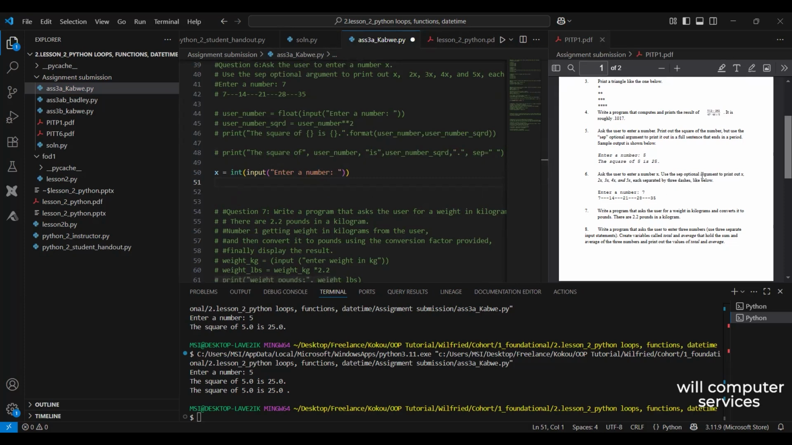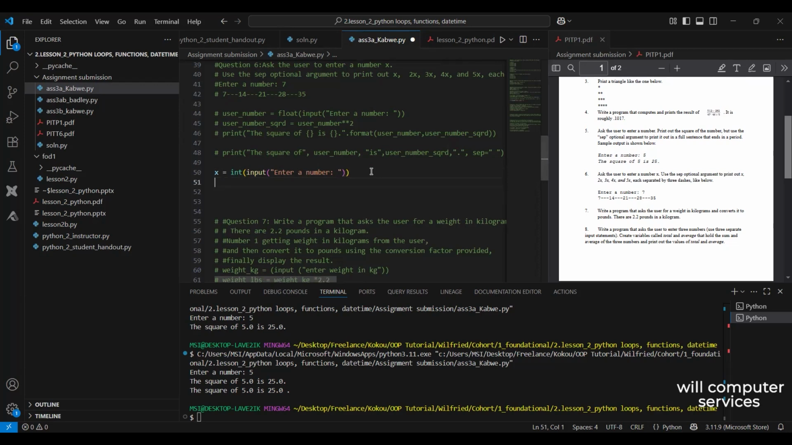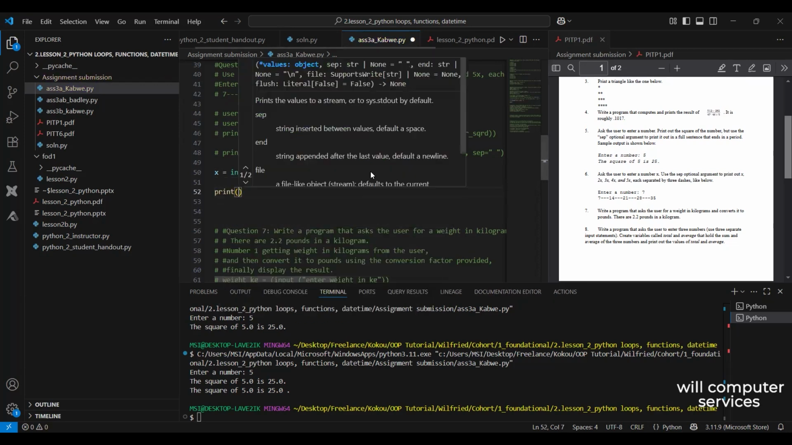Now it says use the sep optional arguments to print out X, 2 times X, 3 times X, 4X, and 5X. Let's say you don't even understand the whole question now. This is what they're asking you to do. Write a program that, if you enter 7, gives you 7, followed by 2 times 7, dash, dash, dash, 3 times 7, like that. So we already make sure whatever the user enters is coming as a number. That's good. Then what we want to do now is to say print